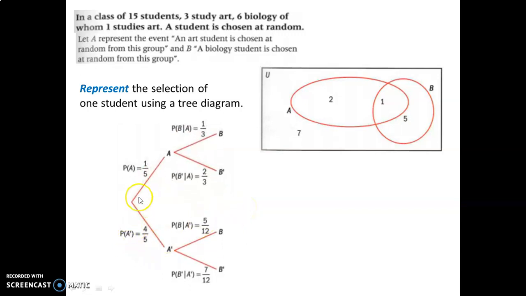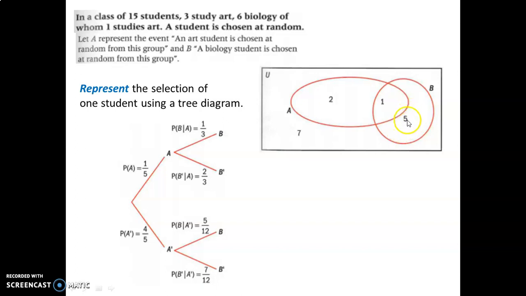Okay, so here we have it. If this was a probability of getting an art student, this is now a probability of not. See a little symbol there? Probability of not. That means A naught means not an art student. So if 1 in 5 are art students, then 4 out of 5 are not art students. And then if you've chosen a student who is not an art student, the chance of them being a biology student is